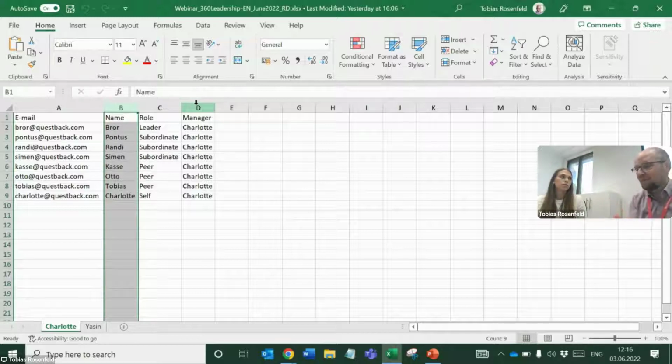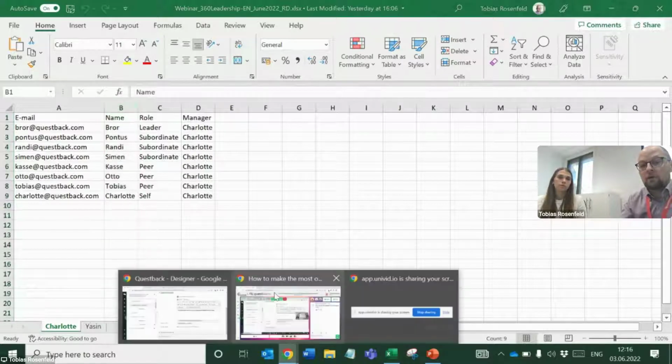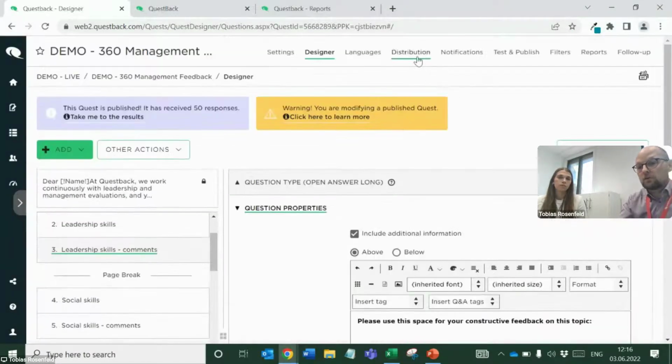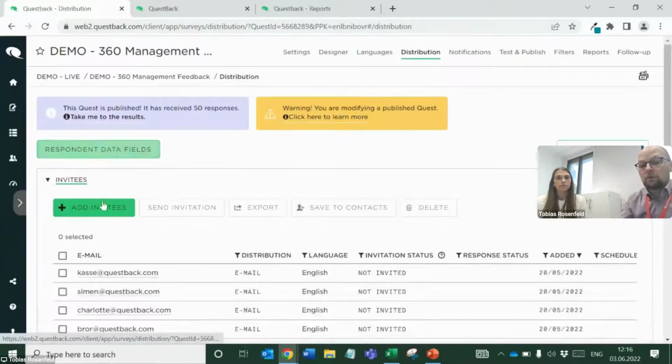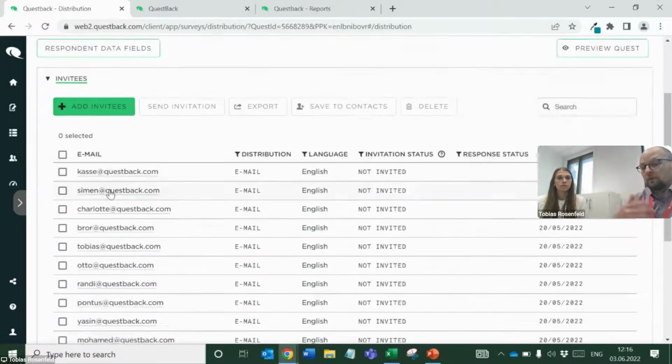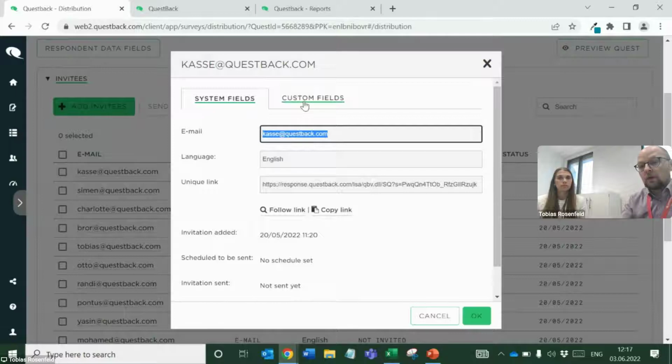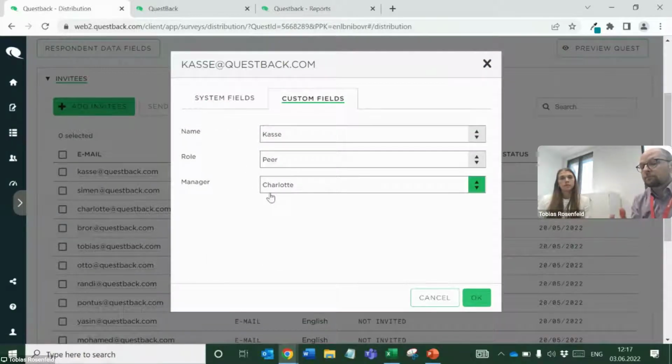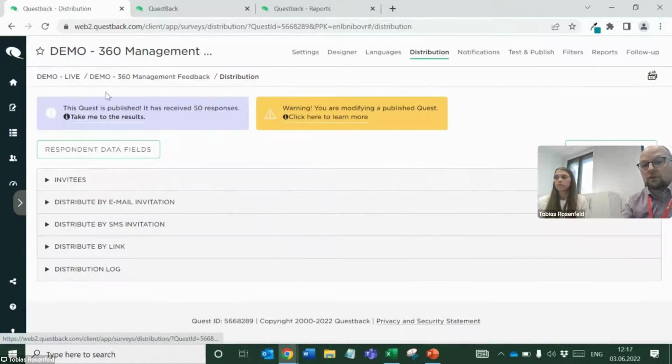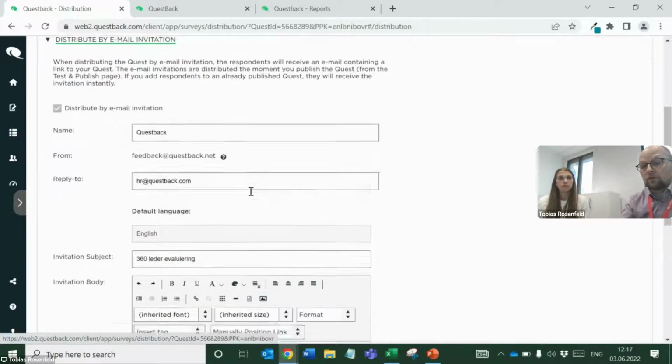It's all about respondent data, as we call it, because what you would do then is have that file, simply go to distribution here, and upload the file, and then the people that are included are invited, and the information from the Excel file is added to what we call custom fields. Once the information is here in the custom fields, then as we've seen, and as you certainly know from other cases,